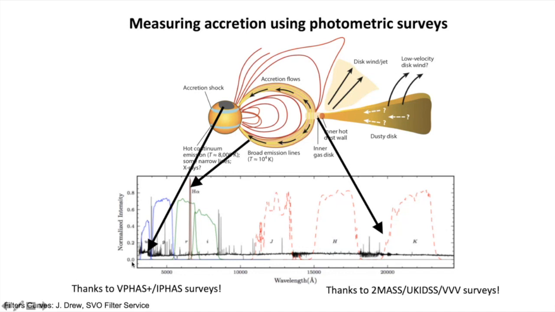So shown here, in this diagram, I've plotted a spectrum of a pre-main sequence star and overlaid different filter bandpasses. You can't actually see the H-alpha emission line because it's overtaken by the filter bandpass. But if you have excess emission in H-alpha, you can see it. But also, there's a continuum excess in the U band when the matter falls on the stellar surface. So these two accretion indicators allow you to identify pre-main sequence stars, but also